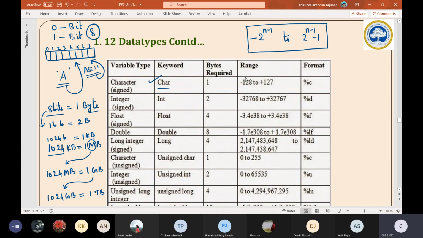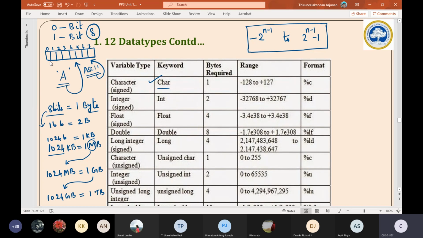Let's come back to our concept. We need to have clarity in this bit to byte; that is sufficient for us. We don't want to talk about gigabytes and all. We wish to understand the meaning of a bit to byte, only that much. Now, I have told you that a character will allocate 1 byte of memory, and 1 byte is equal to 8 bits.